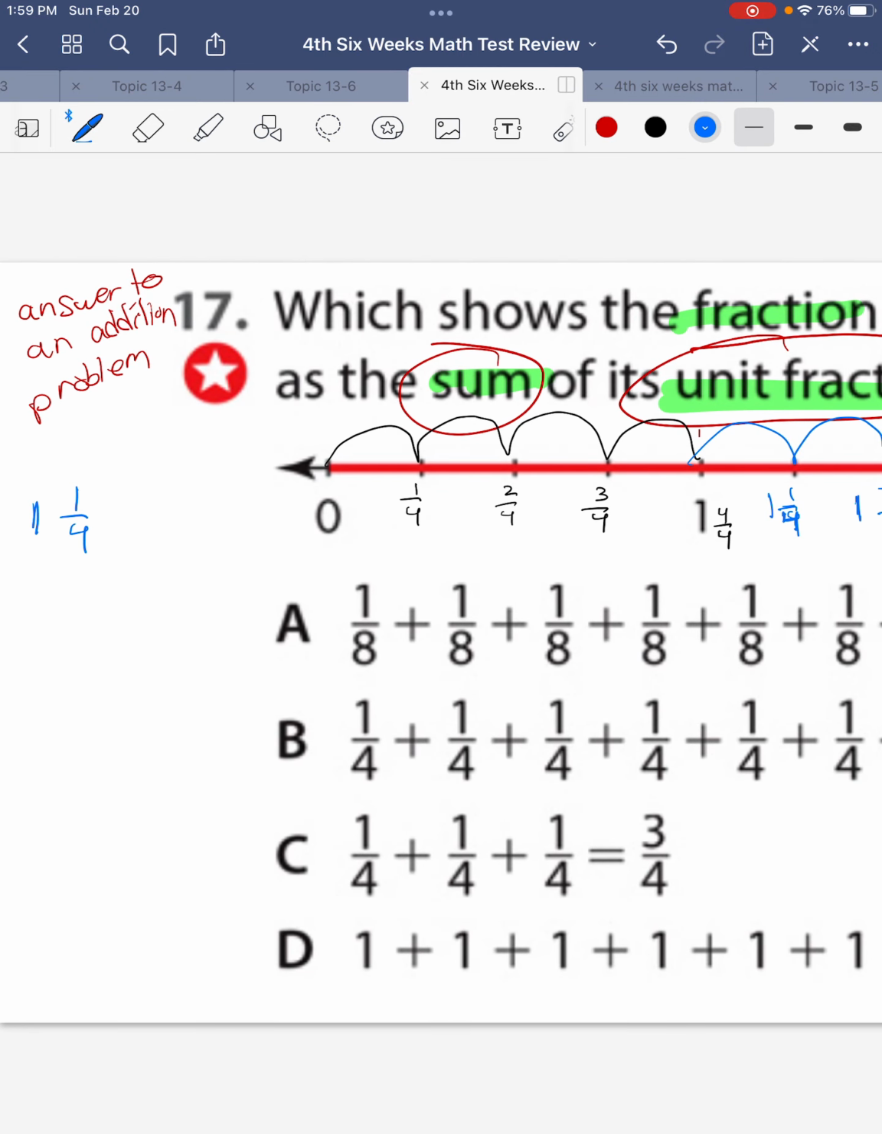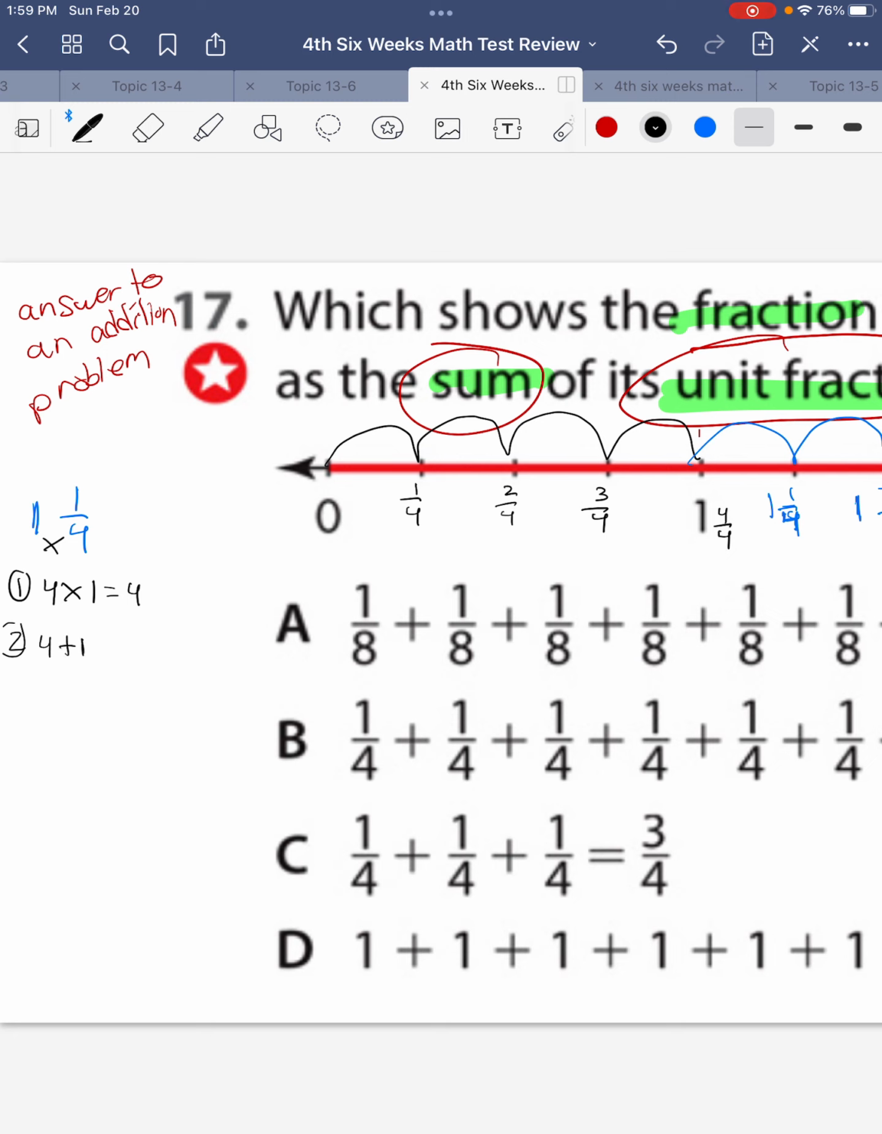Remember, my first step is I'm going to do 4 times 1, okay? I'm multiplying these. I get 4. My second step is I'm going to do 4 plus 1. Okay, whatever I got from 1 times 4, I'm going to add it to my 1. And I get 5. Okay? Now, when you make your fraction,